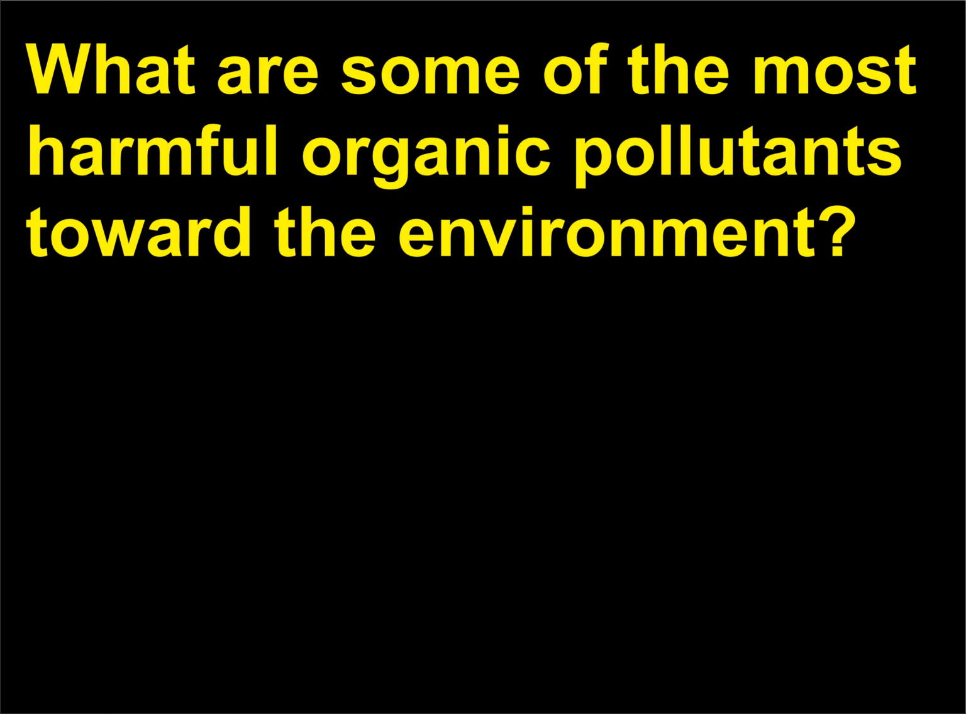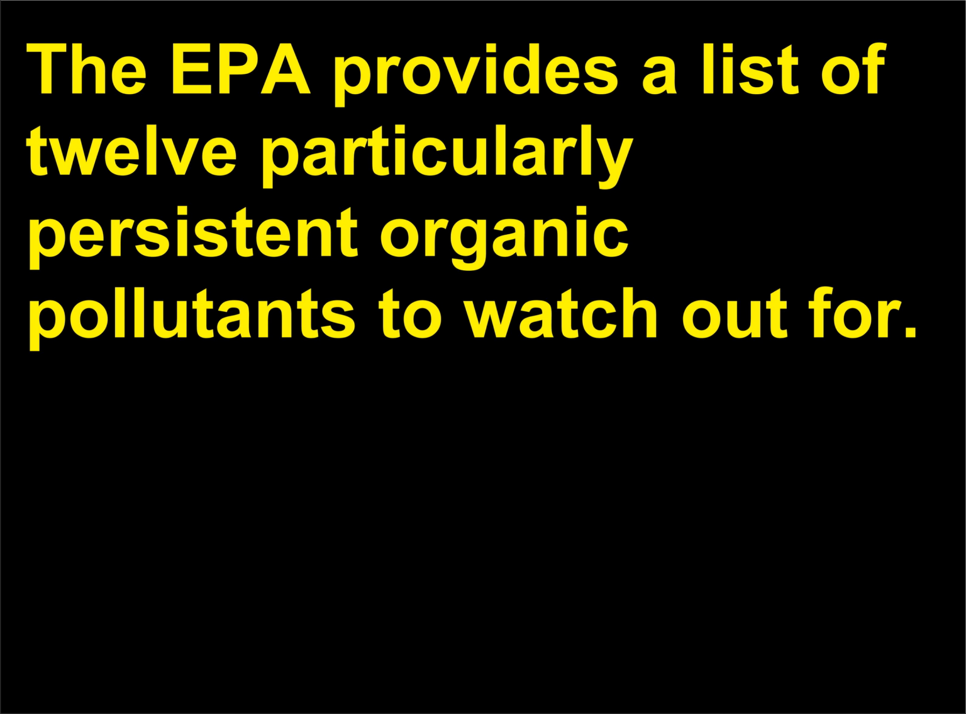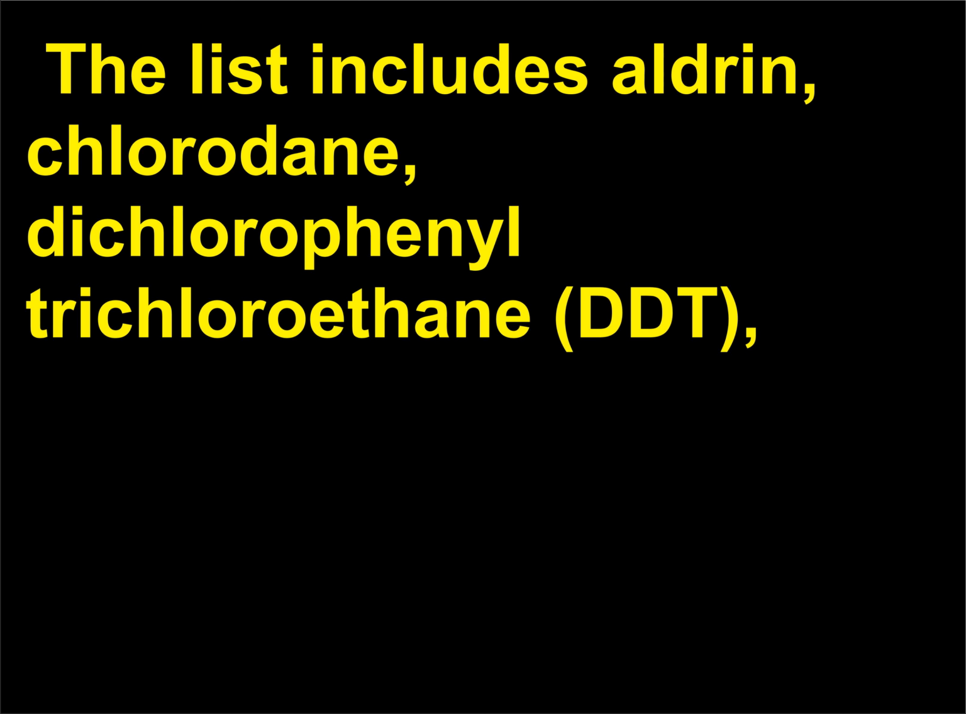What are some of the most harmful organic pollutants toward the environment? The EPA provides a list of 12 particularly persistent organic pollutants to watch out for. The list includes aldrin, chlordane,